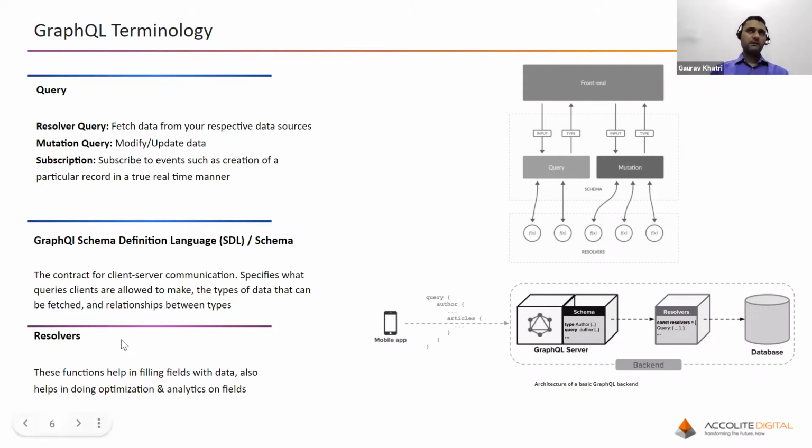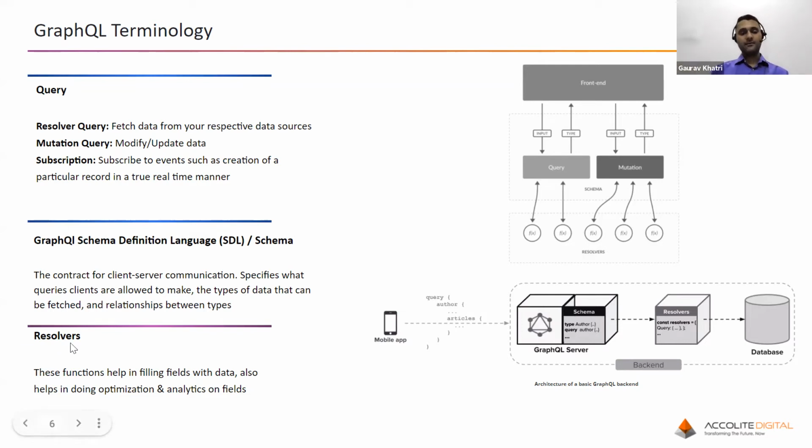And then we have the resolver. These are nothing but functions which are associated with each and every field to get the data for those particular fields using the existing data sources. Apart from that, the resolver function also helps us to do some kind of analytics, like let's say what are the fields which are used frequently and what are the fields which are not used at all. On the basis of that, we can mark some of the fields as deprecated, and apart from this, the resolver function also helps us to optimize the GraphQL query.